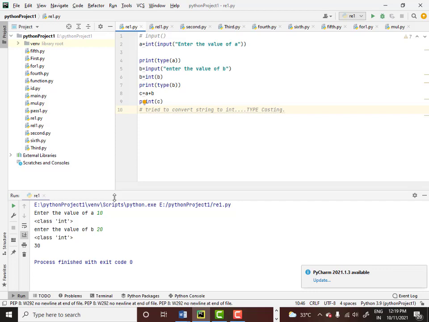The output should be like this: enter physics marks, you enter the physics marks. Then enter chemistry marks, you enter the chemistry marks. Like that, maths and biology marks. The moment you enter the biology marks, it should display total is equal to so much and average is equal to so much. So try this.